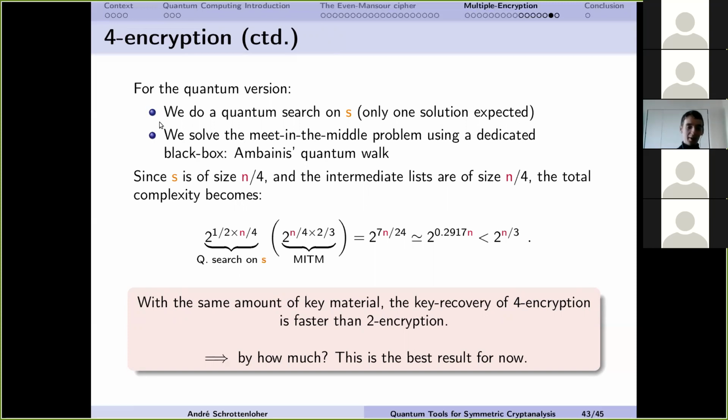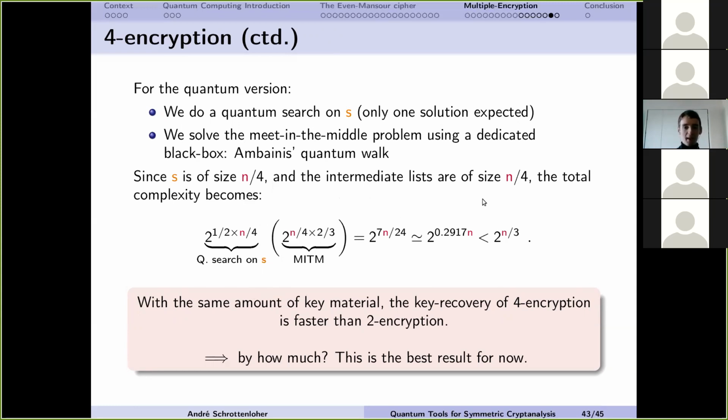And then we have a meet-in-the-middle problem. But we have a black box for that, Ambainis's quantum walk, that was foreshadowed in one of the previous slides. And so S is of size n/4, so there's this quantum search term here. And for each value of S, we end up solving a meet-in-the-middle problem with lists of size 2 to the n/4. And so there is a meet-in-the-middle term here, n/4 times 2/3. And that's it. This gives something like the exponent 7n/24,